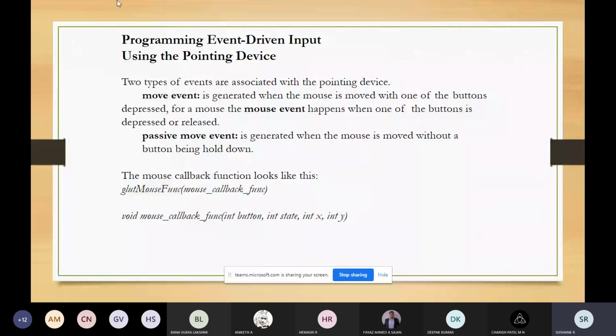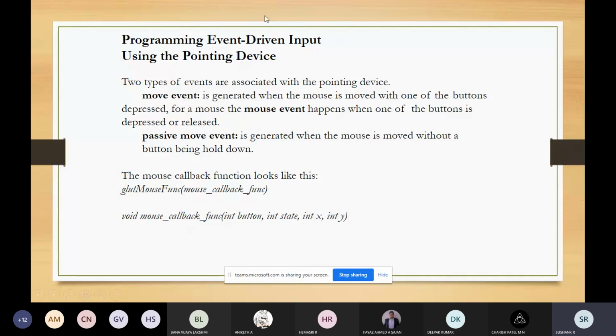Okay. So last class we spoke about the event-driven functions or event handling functions with the help of keyboard and mouse. There we studied the glut mouse function and the glut key function, where we were using the keyboard and the mouse to interact with the graphical objects. For example, on pressing certain keys the application should be terminated. Even that you can write with the help of the mouse also. If you're clicking some button on the mouse, on pressing that button, your application should get terminated.